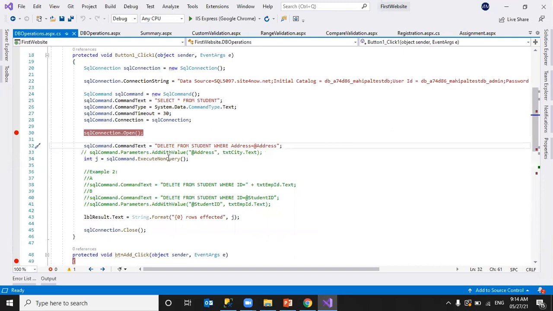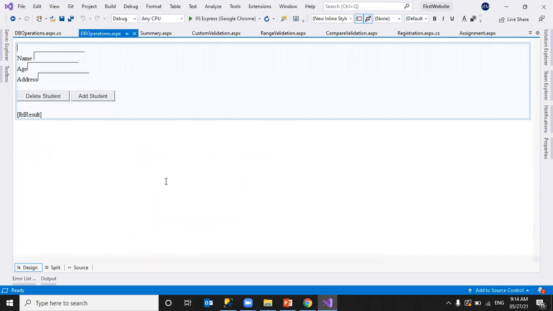We used ExecuteNonQuery to check whether the record is deleted or not, and displayed a message. Then rather than passing a hard-coded value, we tried an example with a text box to enter the ID and passed that ID here. That way we deleted a record.